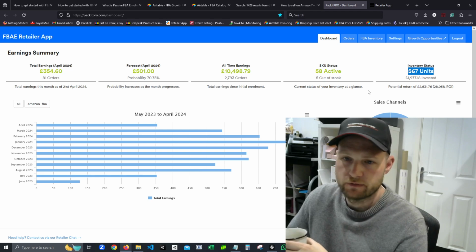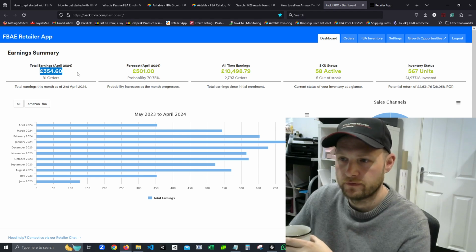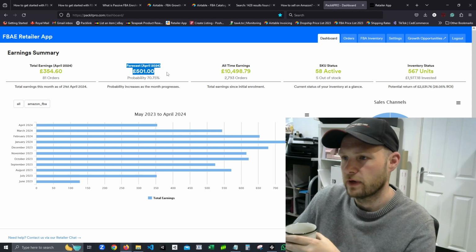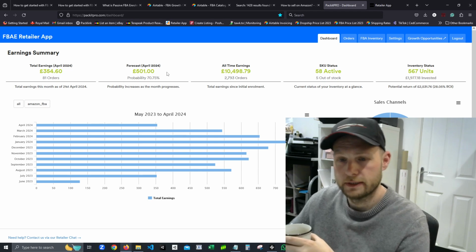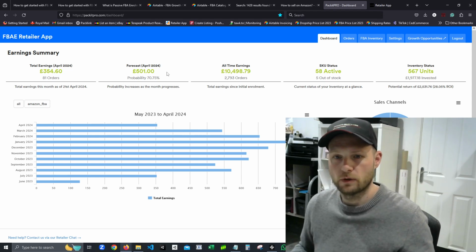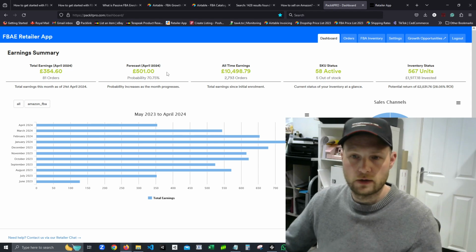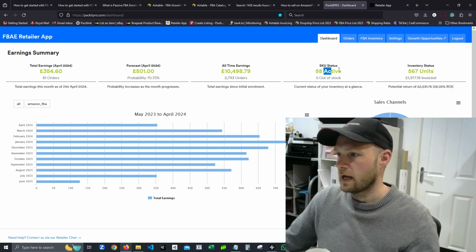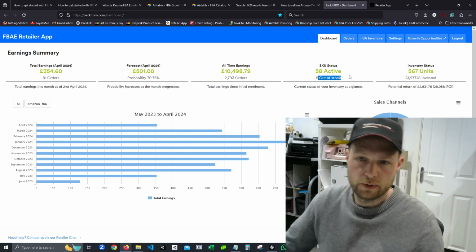So they have 567 units in stock. That's across all of their SKUs. The total earnings so far in April is £354, so that's how much money we've actually physically paid to them in April. The forecast for April: our software automatically calculates a probability and forecasts ahead what it thinks your sales will be for the current month based on the current performance. So at the moment the probability is 70% that the outcome for the month appears to be £500 in earnings. And then we have the all-time earnings, and then we have the number of active SKUs at the moment, and it shows how many SKUs the person currently has out of